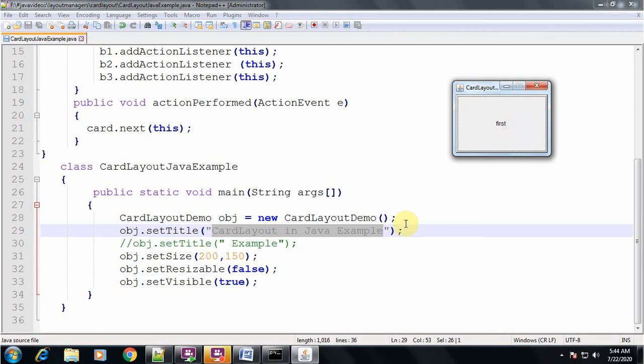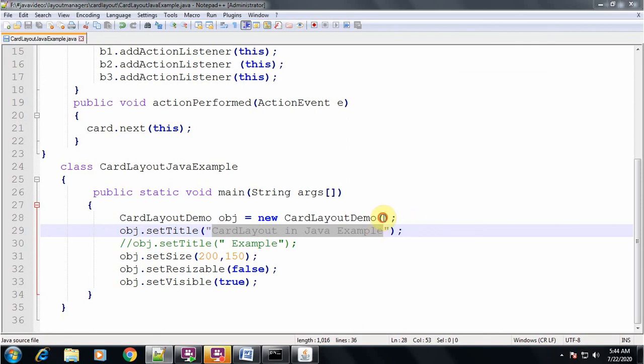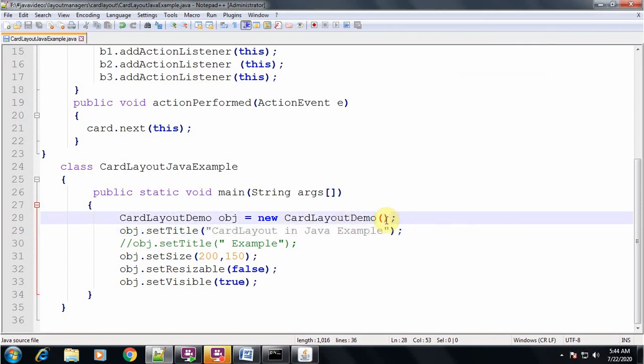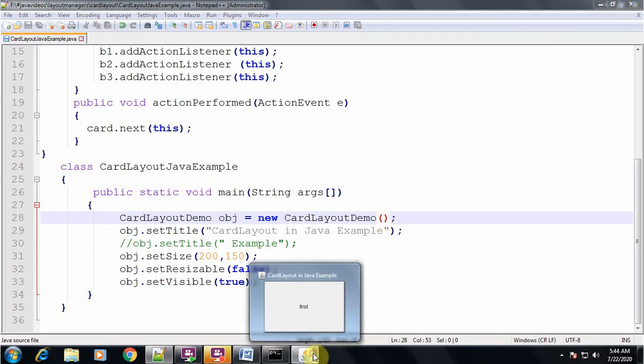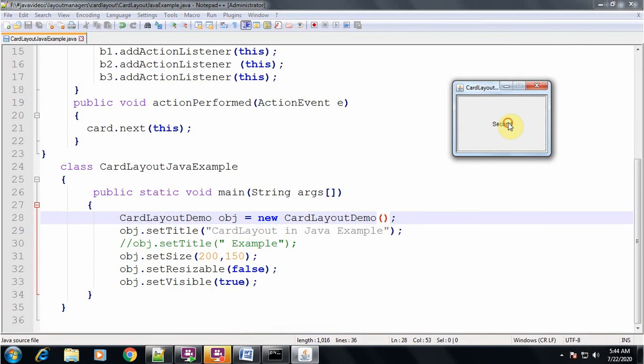Now we are concentrating on this point. CardLayout with 2 arguments, 20 comma 20, we have deleted that one. Now the program is working, but these three cards are occupying the entire space, 200 comma 150, with this button and everything. When you specified 20 comma 20, have a look at this mouse pointer carefully.